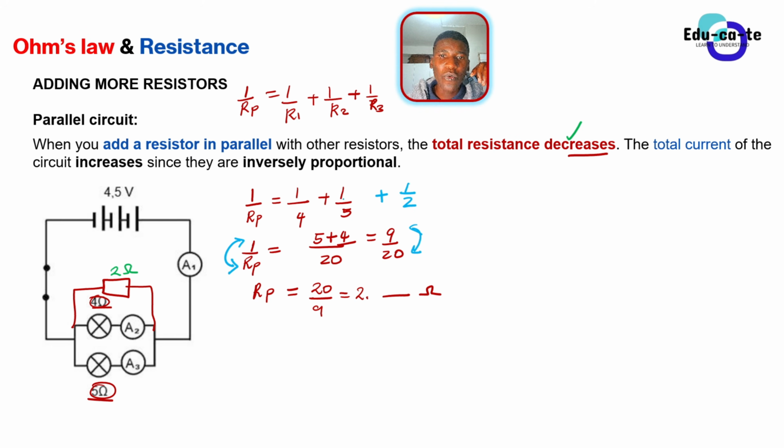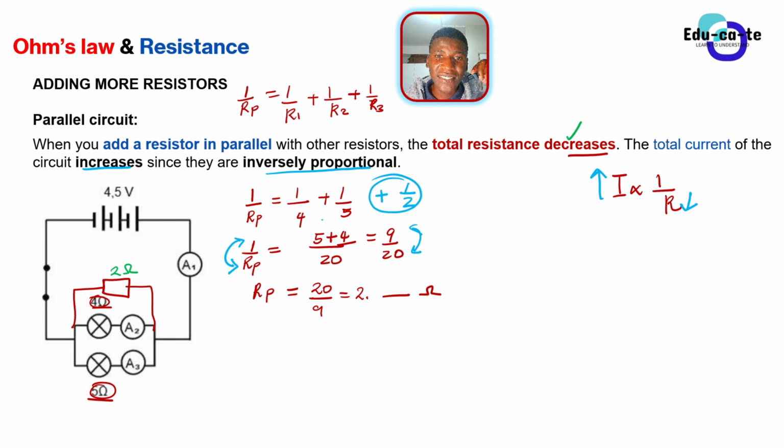All right, so basically when you increase the number of resistors, but you connect them in parallel, the total resistance will decrease. The total resistance will do what? It will decrease. And when the total resistance decreases, then the total current will do the opposite, because remember that resistance and current are inversely proportional. The current is inversely proportional to the resistance. So the moment the resistance is decreasing by you adding another resistor, what will happen to the current? The current will increase, since they are inversely proportional. That's how you get your marks.